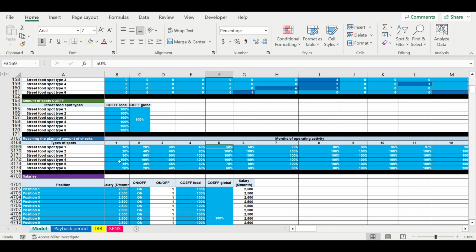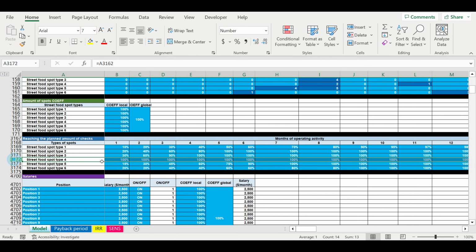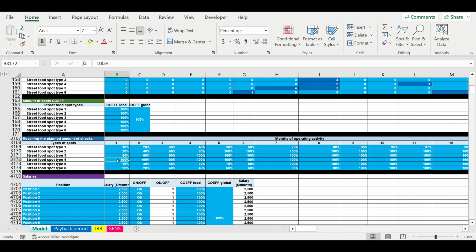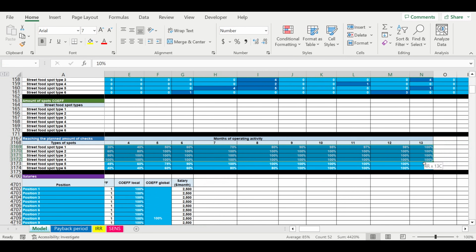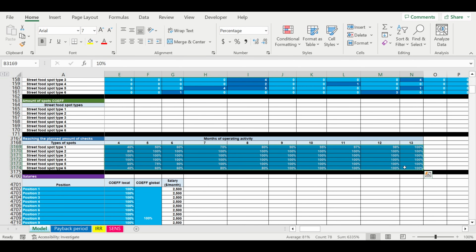For example, street food spot number 4, it is placed, for example, in the airport, and we get 100% of revenues right from the first month. So here we describe how we reach the planned revenue parameters. So this is very important. Why? Because this will affect the operating losses. So if we don't get the maximum revenues right from the first month,